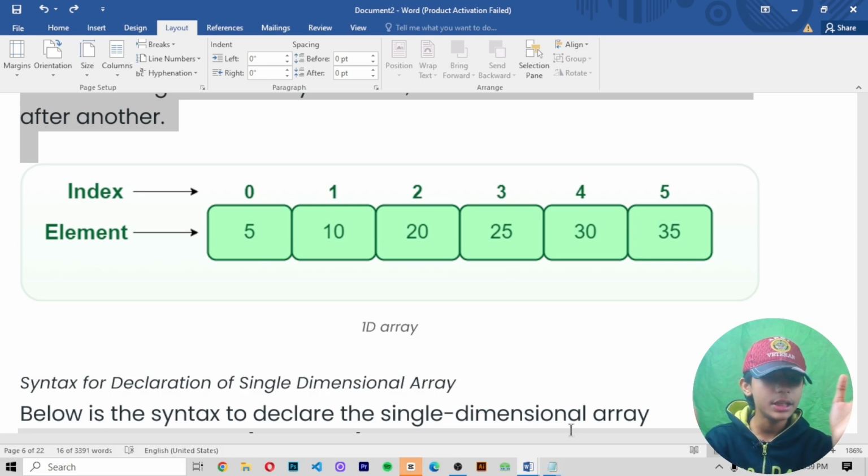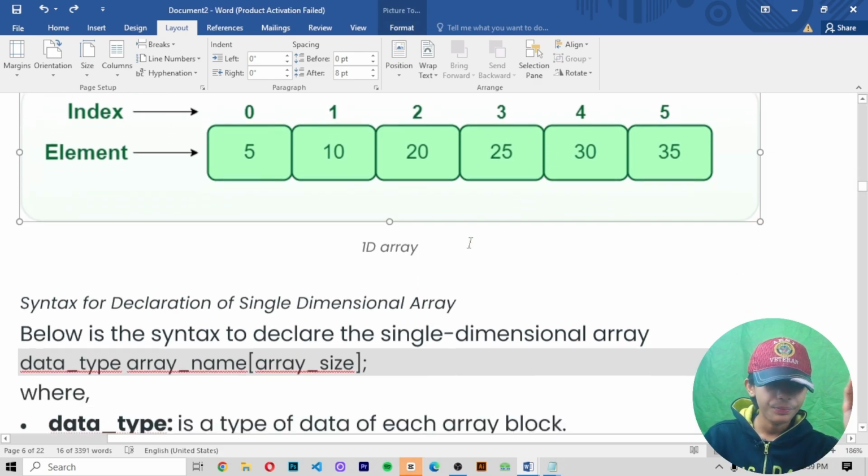5 has index 0, 10 has index 1, 20 has index 2, 25 has index 3, 30 has index 4 and 35 has index 5. This is the diagram of a 1D array.